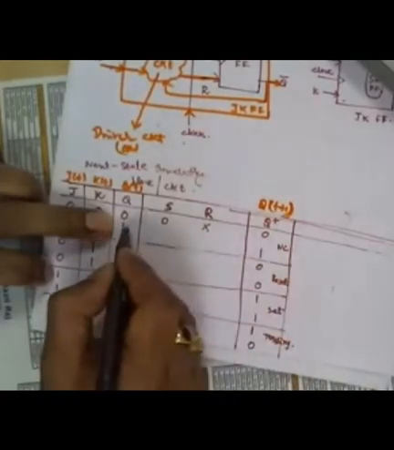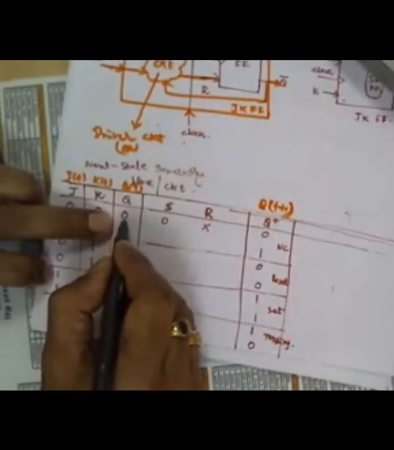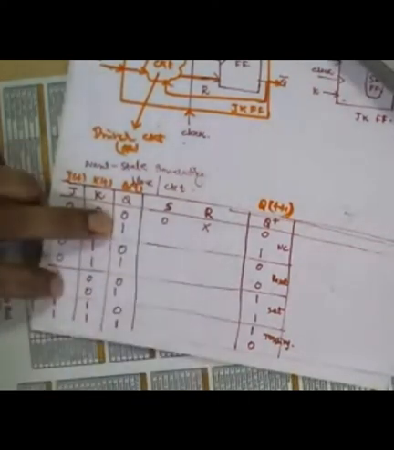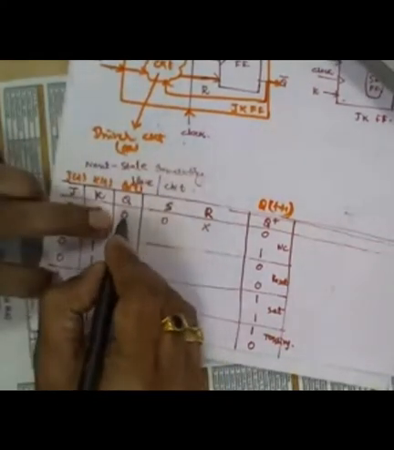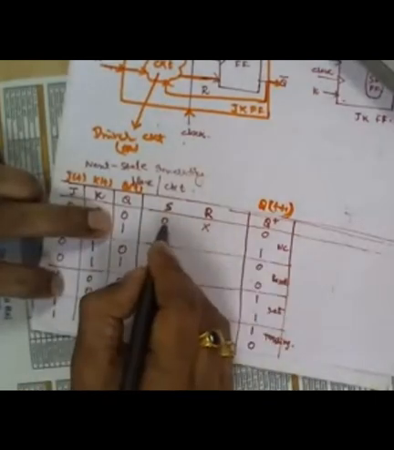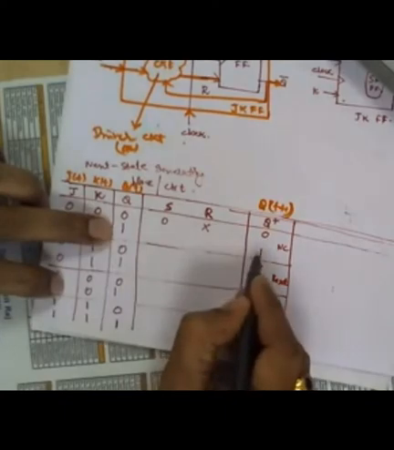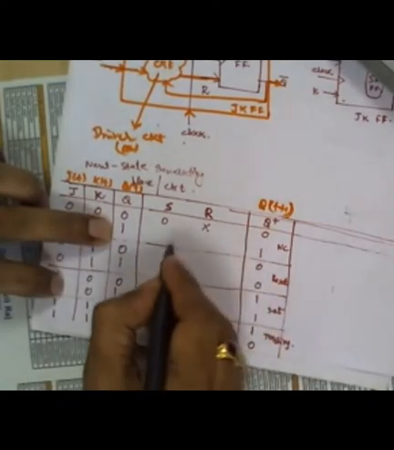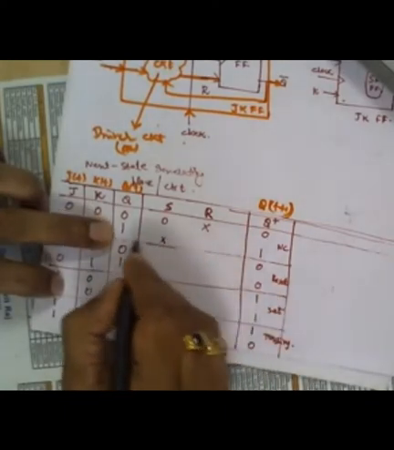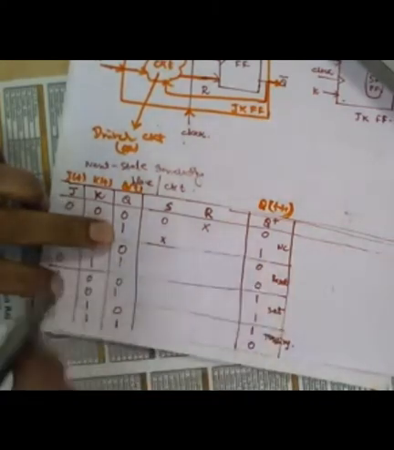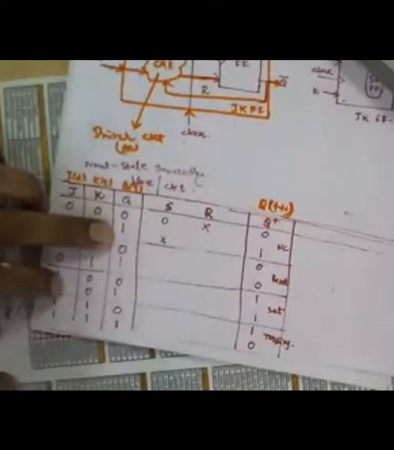That means the present state is 0. I'm talking about only the flip-flop now, only that core SR flip-flop. So for 0 to 0, S should be 0, R should be don't care. And 1 to 1, is it 0 1 or X 0? X 0. Go back to the previous table, yesterday's table. Who said 1 0? Don't care 0.